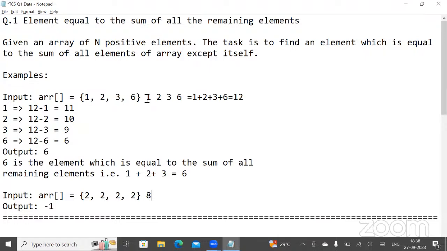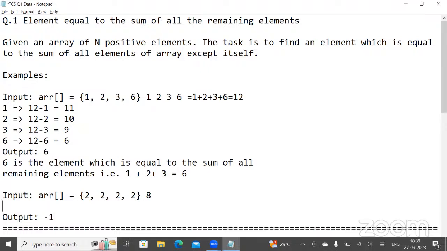If I work on the first element, 8 minus 2 becomes 6, and that does not match the current element. All the elements here have the value 2, so every time the output is 6, and as that never matches, our output must be -1.